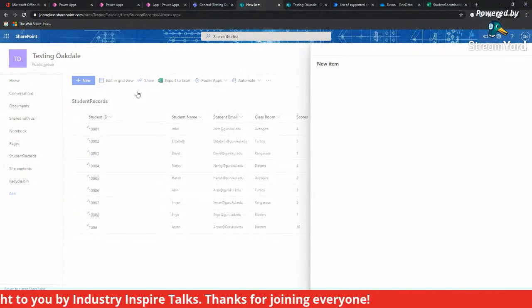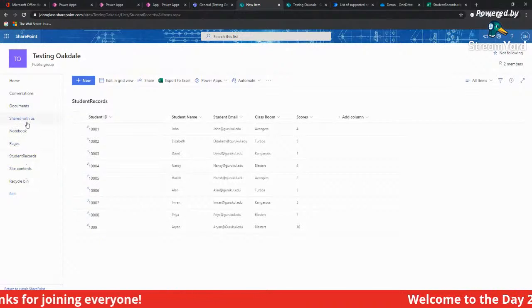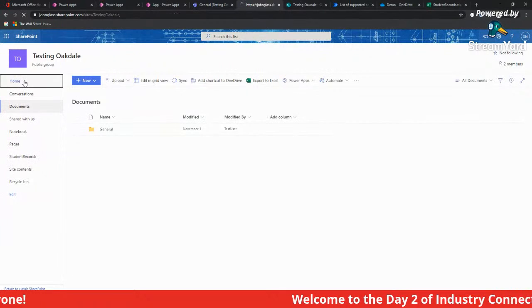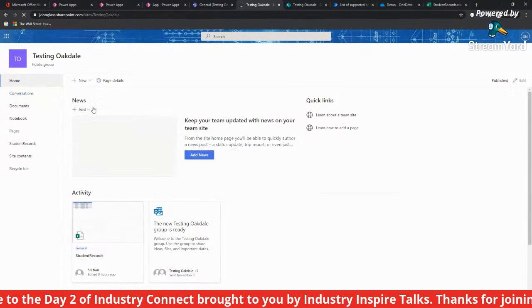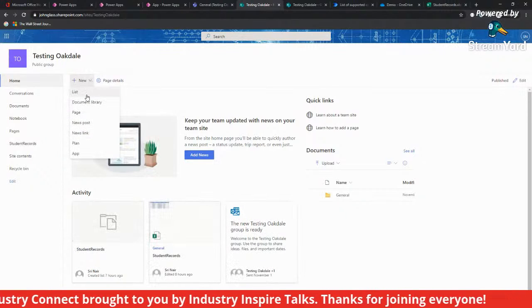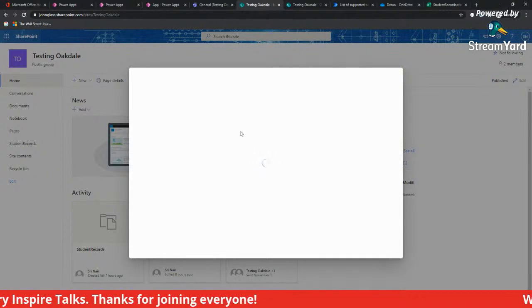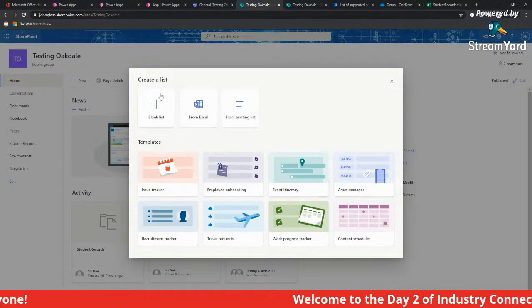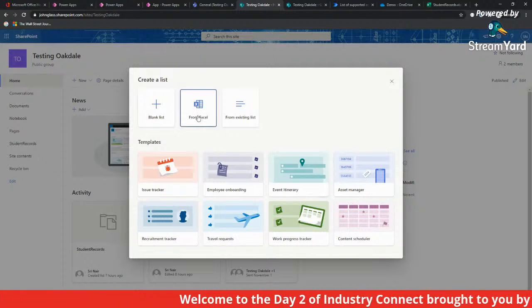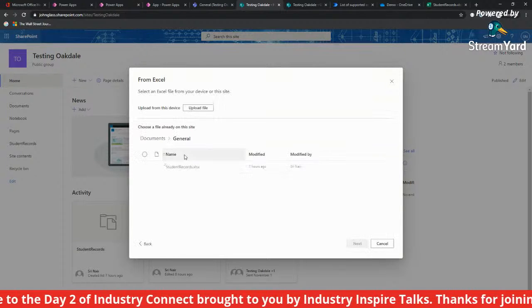What if, sorry, this is a new item in the list. Let me go back here. I'm creating a list which is very much like Excel, but it has got a little more fancy web UI and things, which helps you to have better control over the data. So look at how I can just take the same data and create a list out of it. So obviously I do have that students record thing.